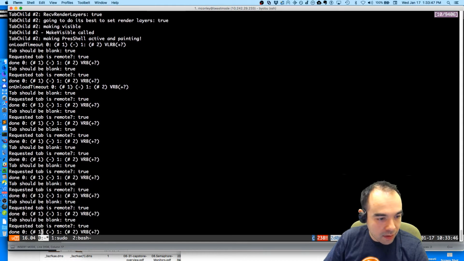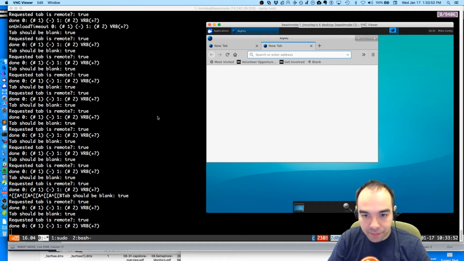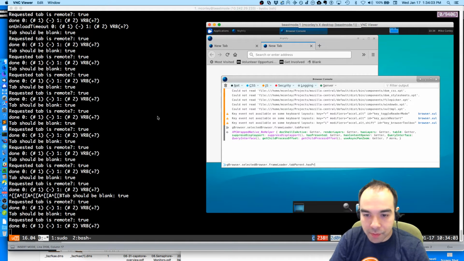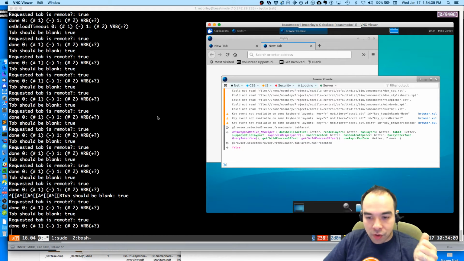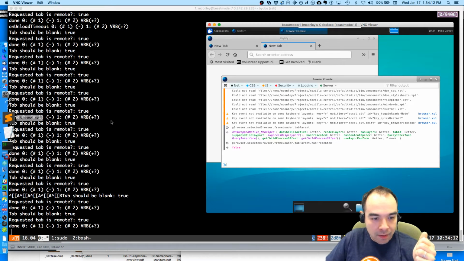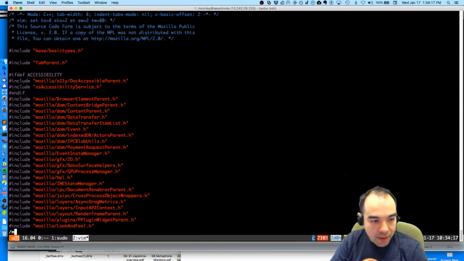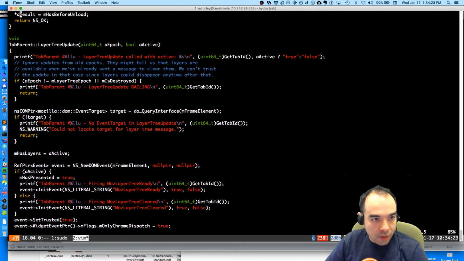And then we never get this message. We never get has presented. G browser selected browser frame loader tab parent has presented is false. It has never presented. We never received a layer tree update is the case. I'm pretty sure. So this, m has presented equals true. Yeah, layer tree update was never called